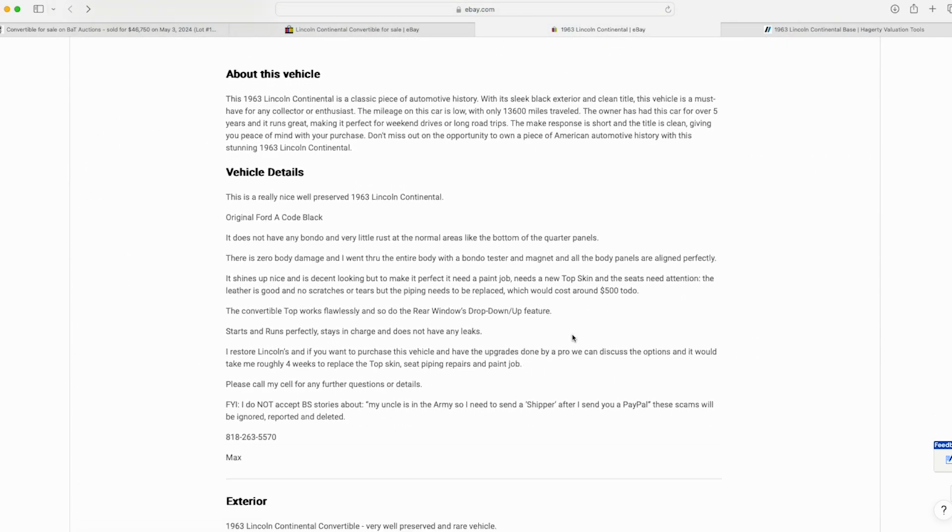Now, I will say many sellers on eBay for Lincoln cars don't put a very good description. This one has a decent description. Basically, it goes on to say a 63 Lincoln Continental convertible, which is a piece of automotive history. The mileage on the car is low. It's showing